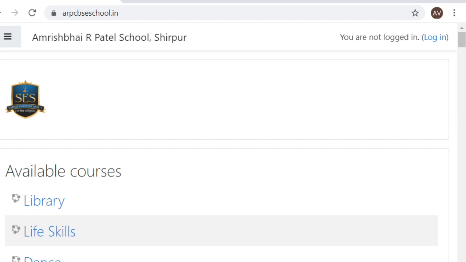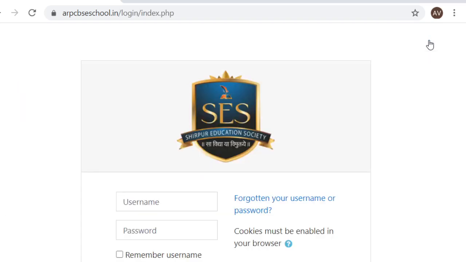So what you will do, there will be a login option in front of you on your screen, so you can log in from there. When you log in, you might have got the common username and password from our school admin. So you can log in from your name. As an example, we are logging in as Mr. Anil Urani sir, and the password which will be common for all is capital ARP at the rate CBSE7. I repeat, capital ARP at the rate CBSE7. So you will log in from your login ID which is given to you by Yogesh sir.